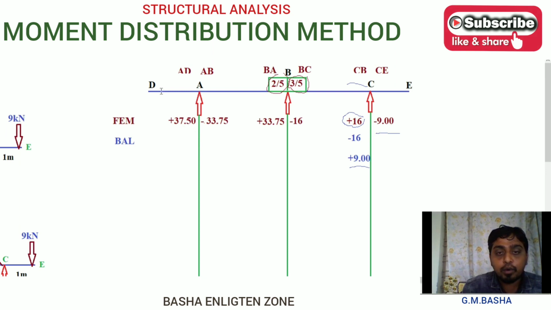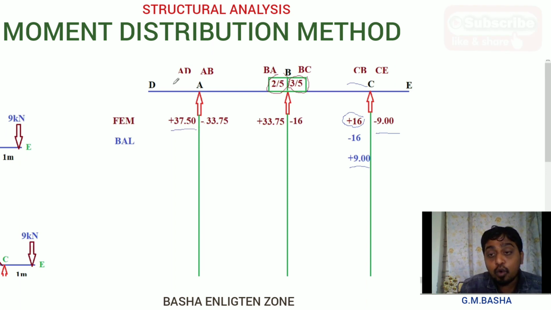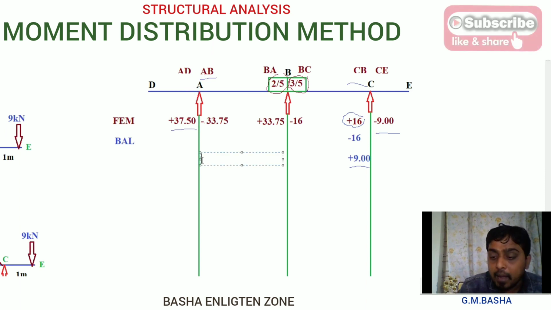So this is a very important concept, you have to remember. At this overhanging position, the moment for CB will be, the moment for AD will be plus 37.50. So finally, what is your moment at AB? The moment is the same with opposite sign, here you will get minus 37.50. So that only then will the moments at that position be balanced.